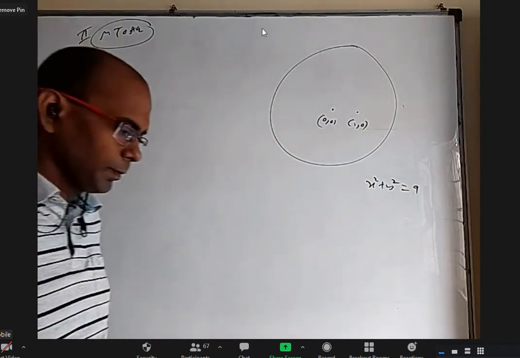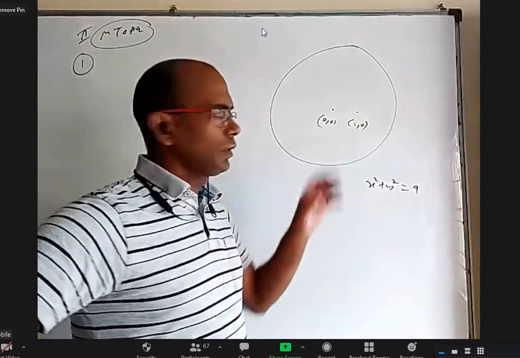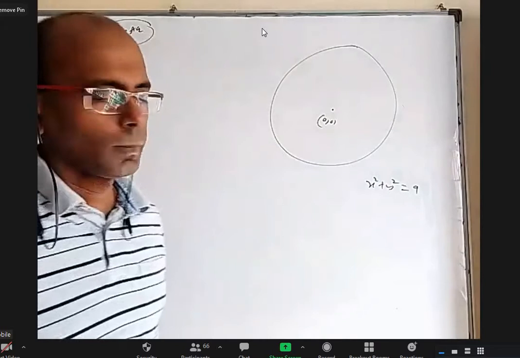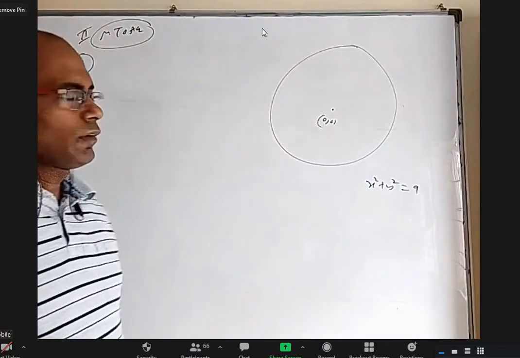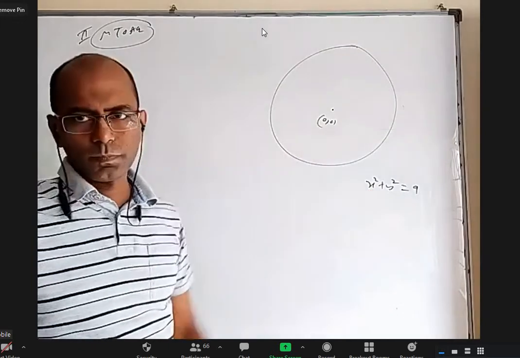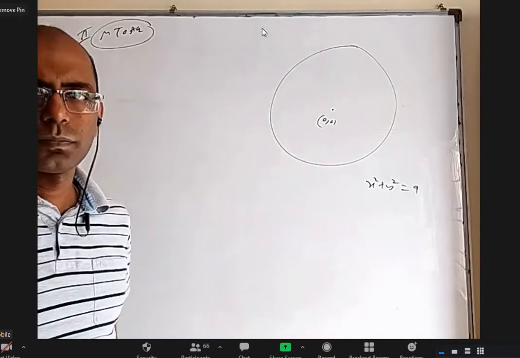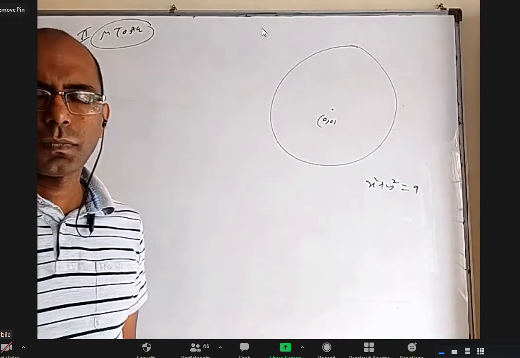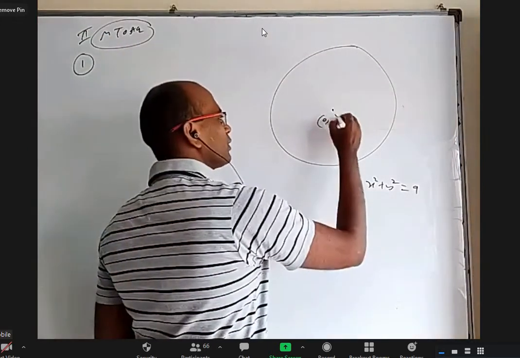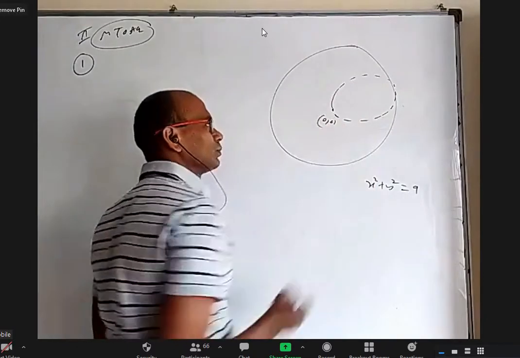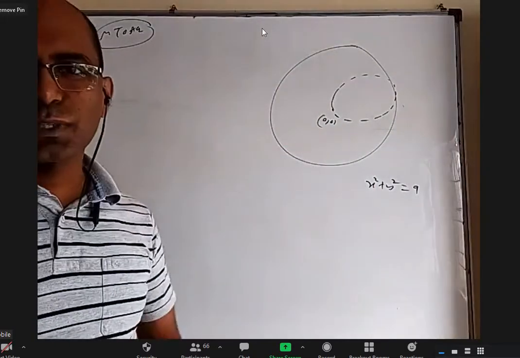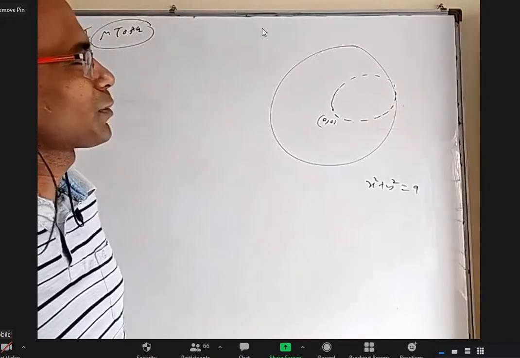All right. Okay. So I'll try to discuss, but before that, let me forget about (1, 0). Can we get a circle passing through (0, 0) and touching this circle? Is it possible? No, sir, we can't. Huh? Why? We can't, sir. What about this? Possible, sir. If passing through (0, 0) and (1, 0) and then touching is possible, why is passing through (0, 0) and touching not possible?